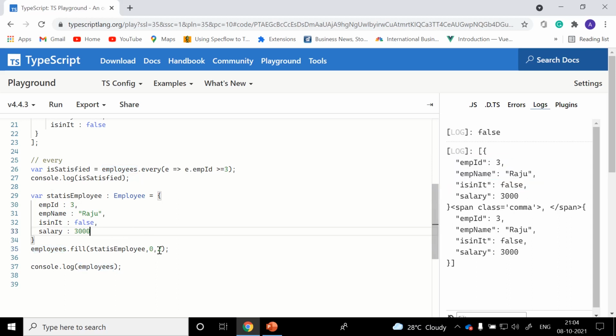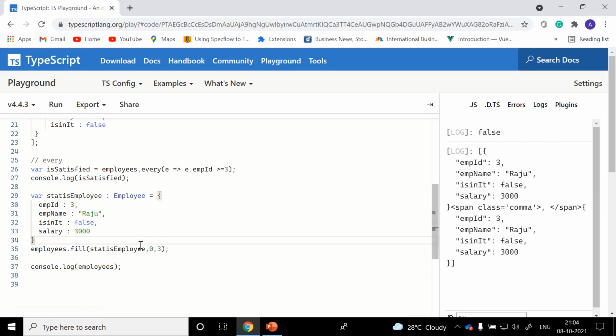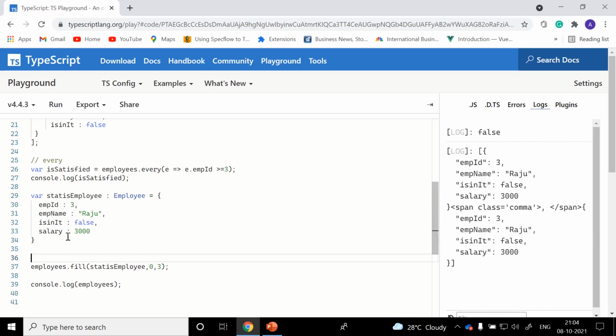Okay, it's not necessary to provide the exact length, because by default it's going to take the actual length, which is employees.length. For example, if you provide 3 in C sharp or some other language, we can see an index out of range exception. Let me clear this and run it back. If you provide a value greater than the index, then by default it takes the employees.length value and updates every index of the values present. This is all about fill.